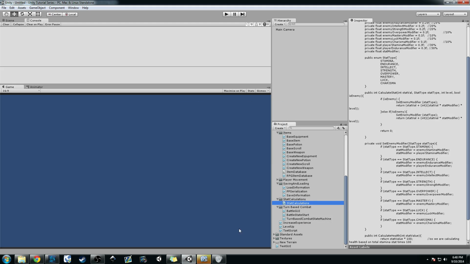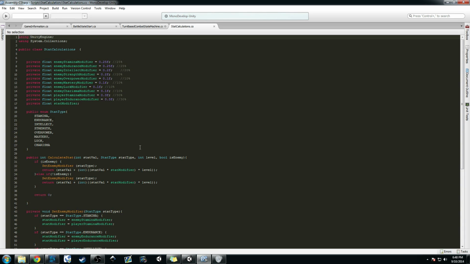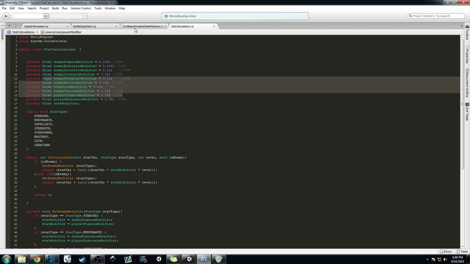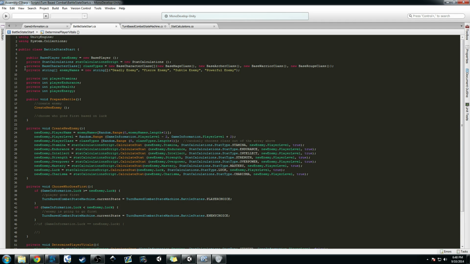Stat calculations in the folder. So we started working on the stat calculation script, which is very, very simple. Our stat calculations are extremely basic, based on percentages and levels. It's nothing. We're not doing any crazy algorithms here. So that's simple, and we're using that script here in a new